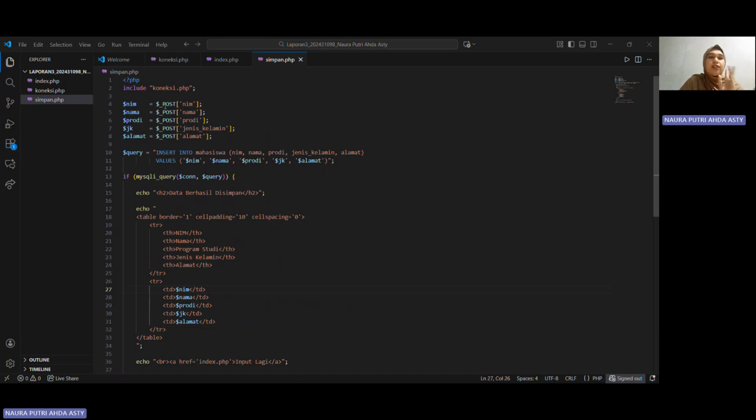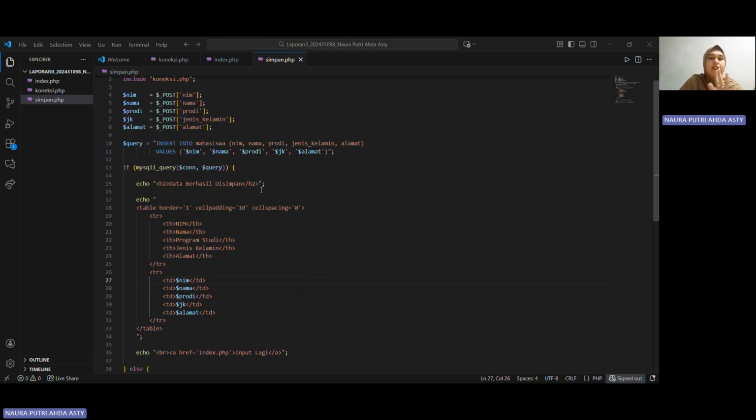This one we use $_POST to get the data, and then it will take nama, prodi, jenis kelamin, and alamat.